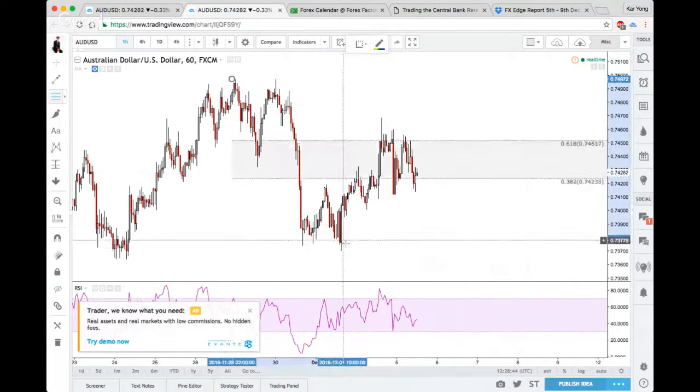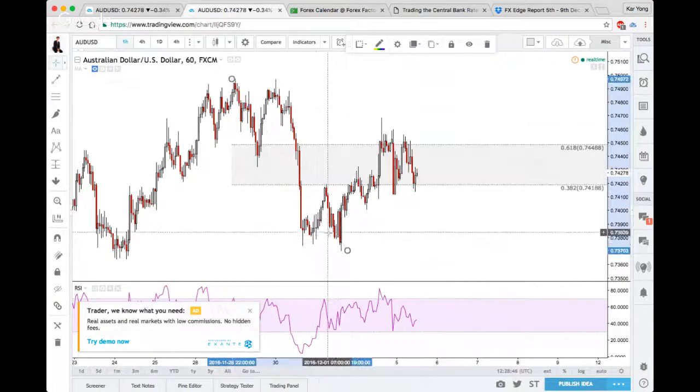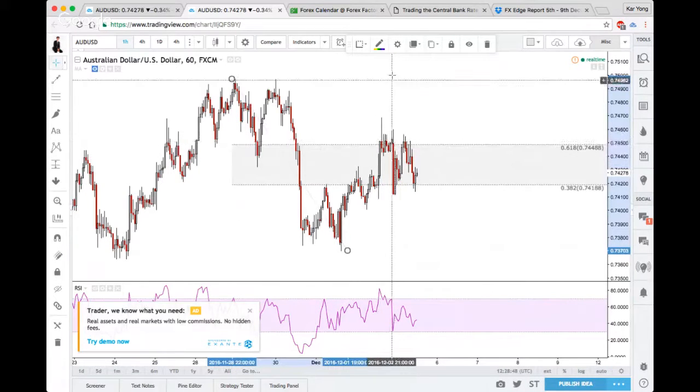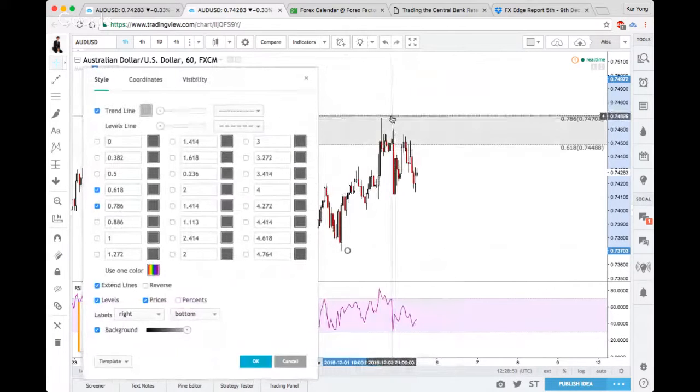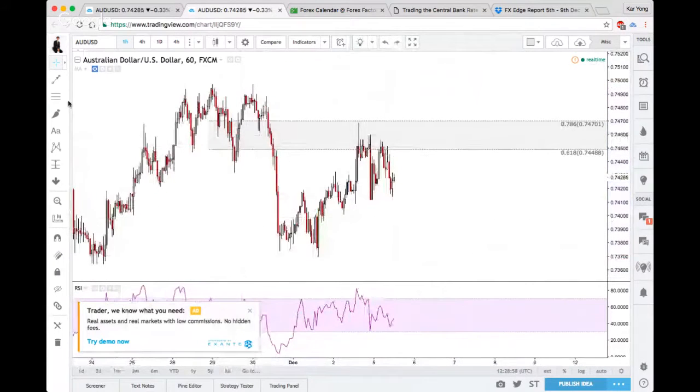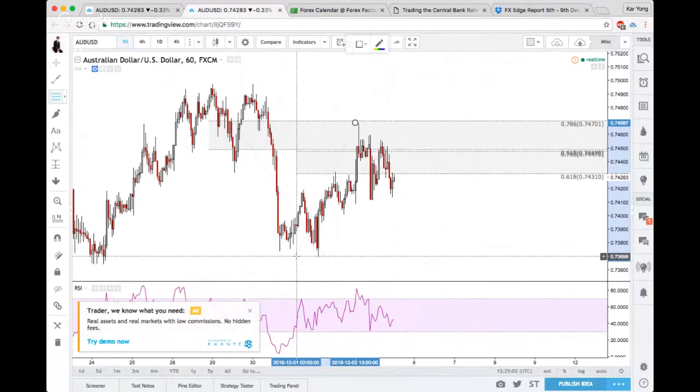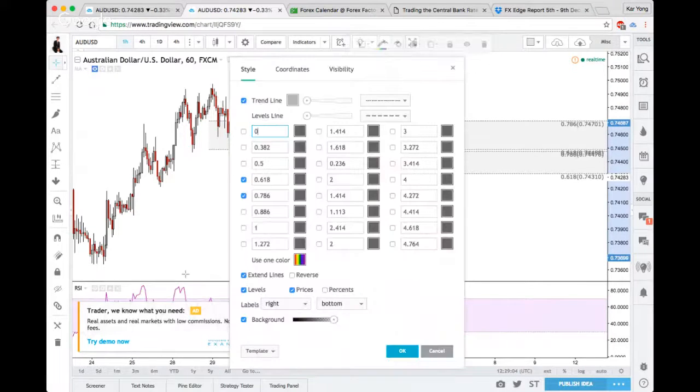Right, so if you pull in your FIB from this recent high to this recent low, you can see that this comes in at 61.8, and it never really touched your 786. So that gives you a potential pattern formation as well. So if you pull in an extension to measure the 127,